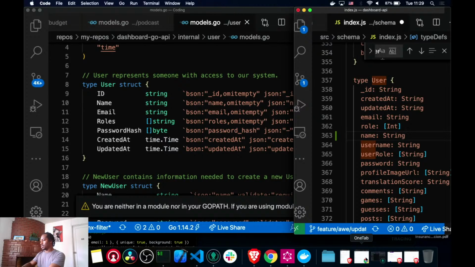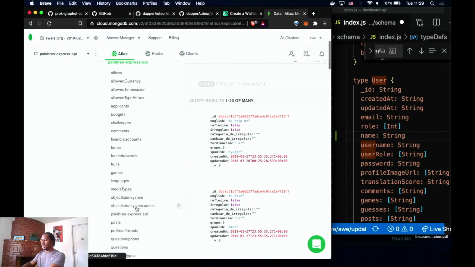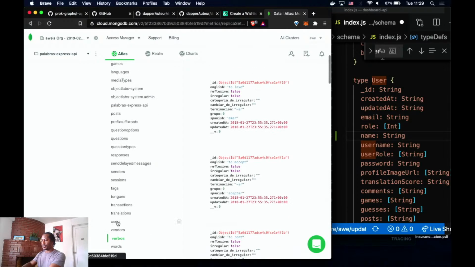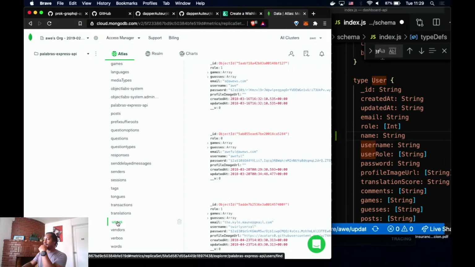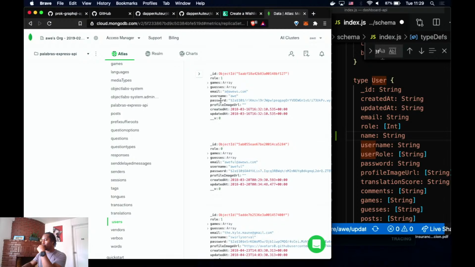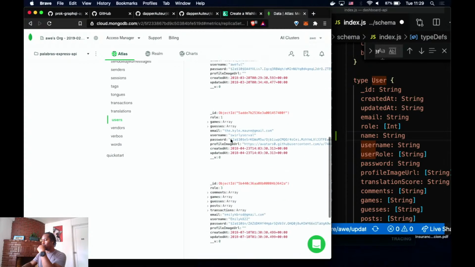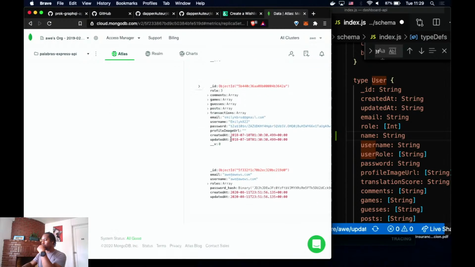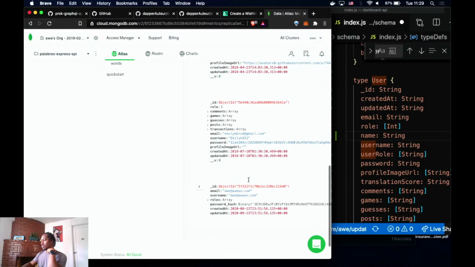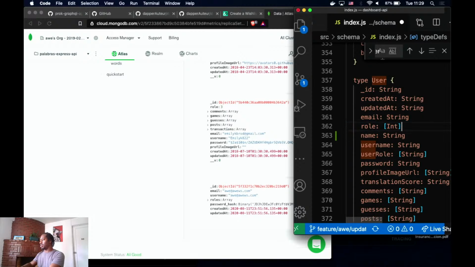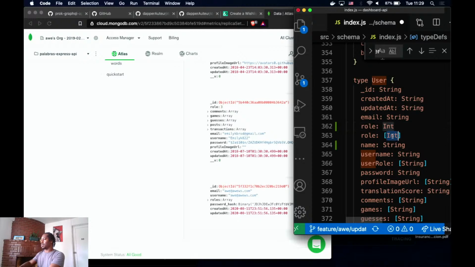Is it role or roles? I bet it's roles. Let's check it out. Role, role, and then roles. So I got both. Role is an int. Roles is an array. That's going to be a problem.